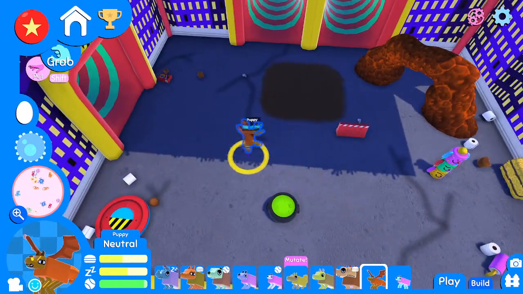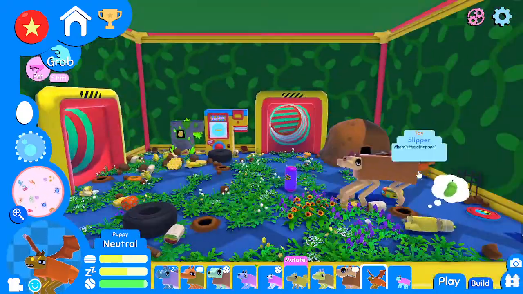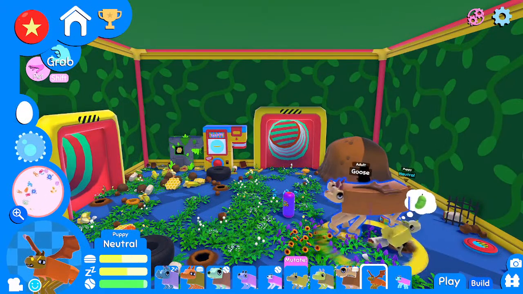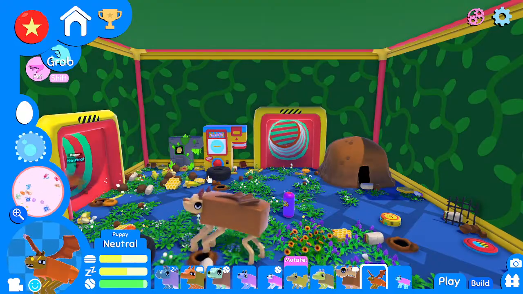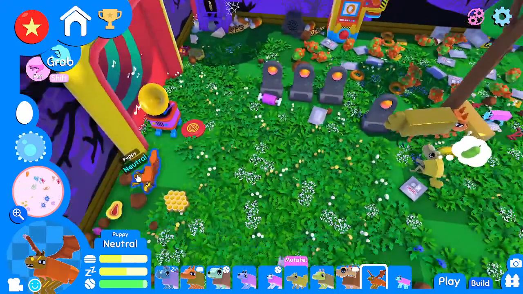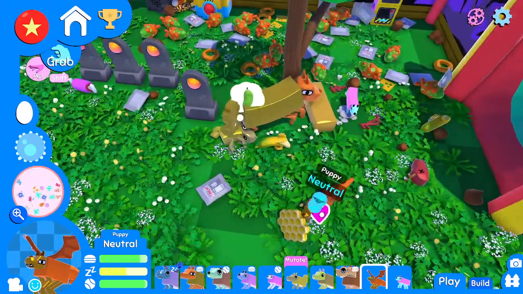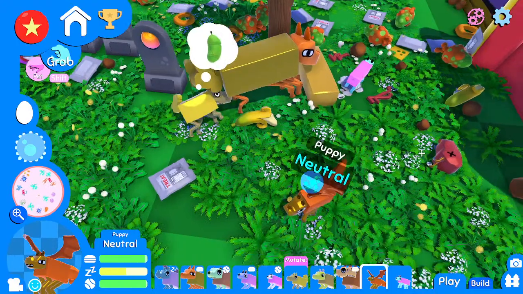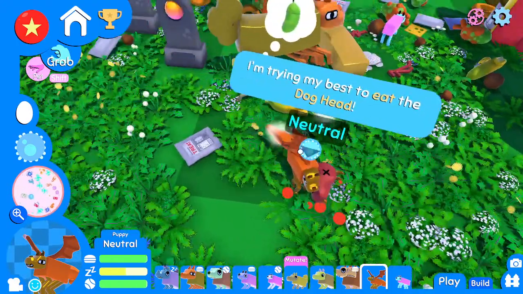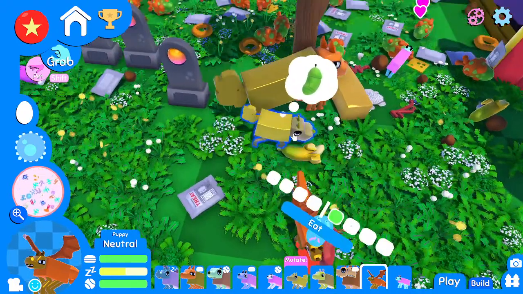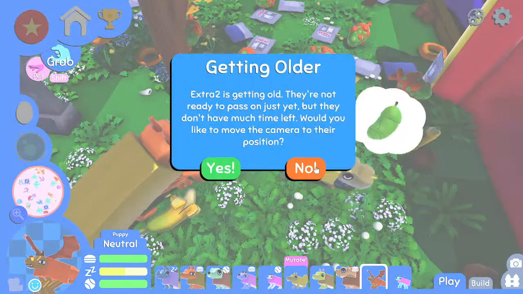Get up here, mate. Oh, this is not get in here. Get in here, little puppies. Excuse me, this doesn't look like the right thing. Come on. Eat the goods. Good little bugger. What?